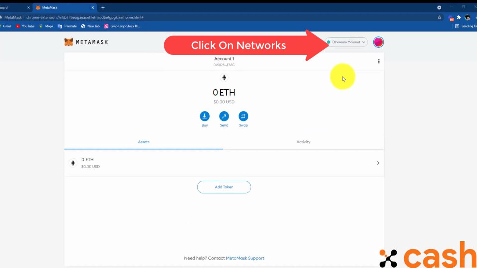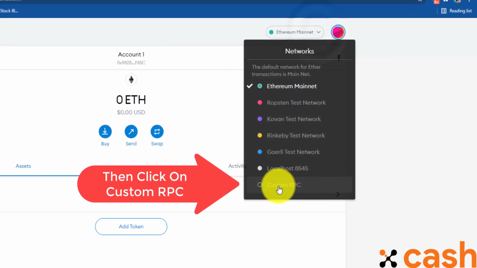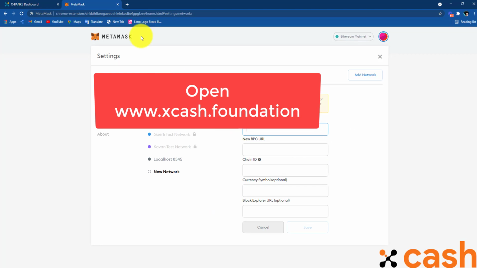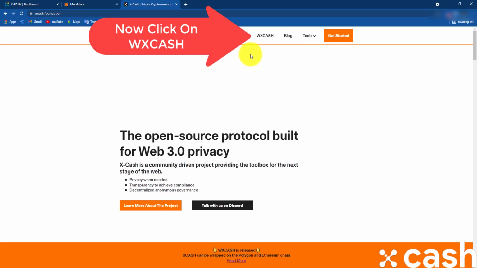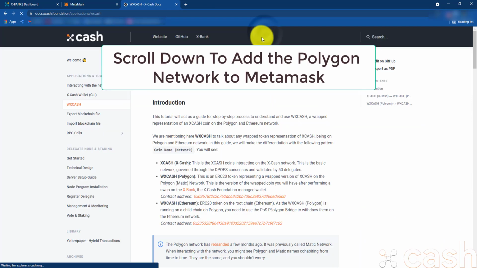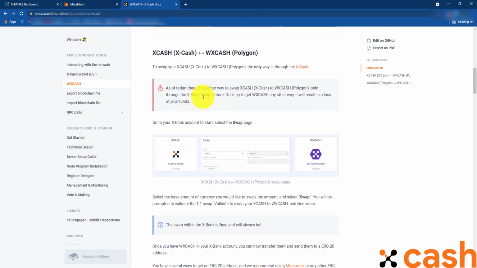Click on Networks. Then click on Custom RPC. Open www.xcash.foundation. Now click on WXCash. Scroll down to add the Polygon network to MetaMask.